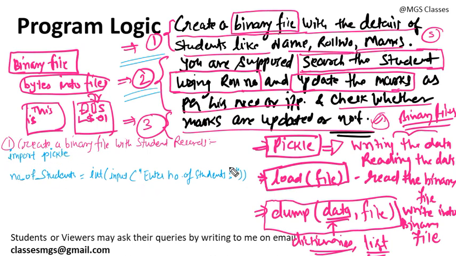Then I am creating a dictionary in which we are going to hold the student data. I am creating a dictionary called student_data. Let's say this is going to be a blank dictionary. Yesterday also we created this kind of dictionary. Now we are going to use a for loop to insert 5 student records. Let's suppose the user wants to enter 5 student records. So for loop I will use in range, let's say number of students.